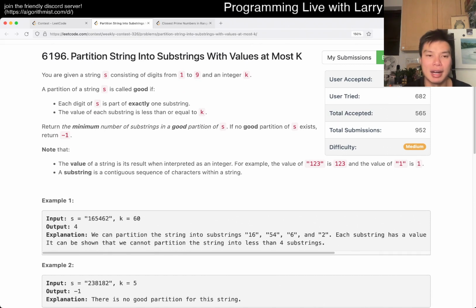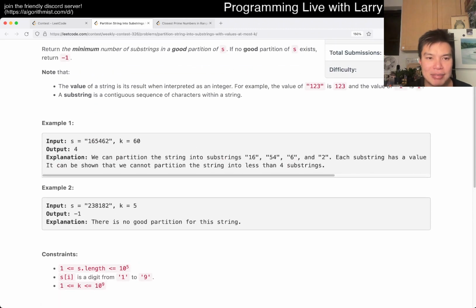the first thing to notice is that given that k can be only up to 10 to the 9, the most digits that you always have to look forward or backwards, depending on which direction you want to go, is 10 digits, right? Because if k is 10 to the 9, then after that, the partition is going to be too big. You can't fit a partition because the number would be too big. For example, if k is literally a billion, if you have an 11-digit number or something like that,